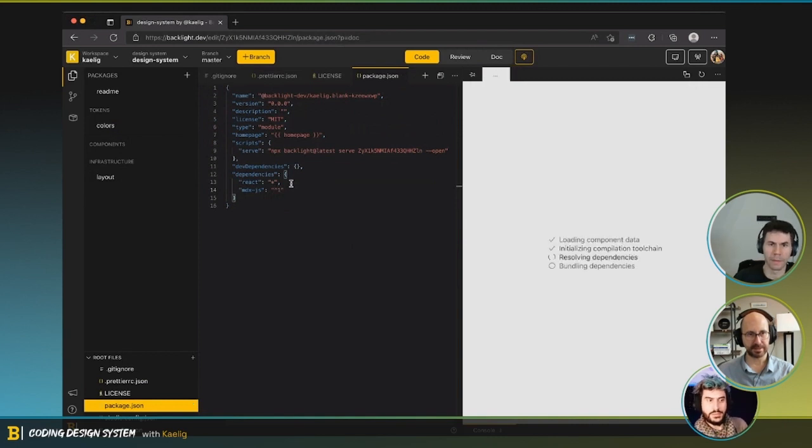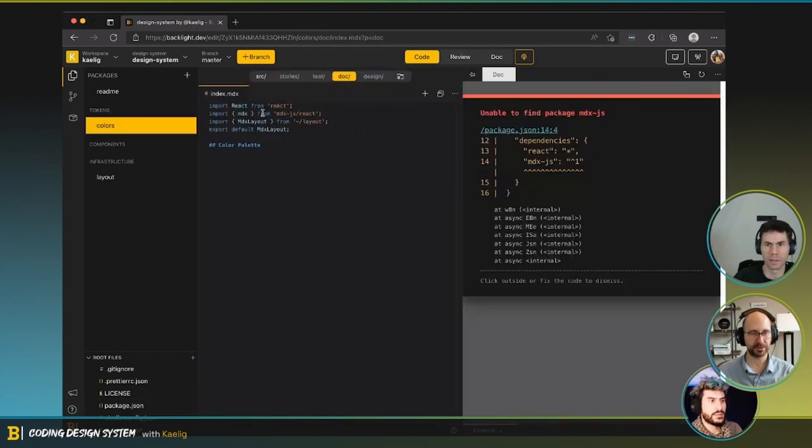You did an @ sign at the beginning as well. I did what? And then I think the actual dependency is @mdx-js/react. Oh, you think so? It's what it says on your dockit, for example. Oh, yeah, you're very right. You are very right.